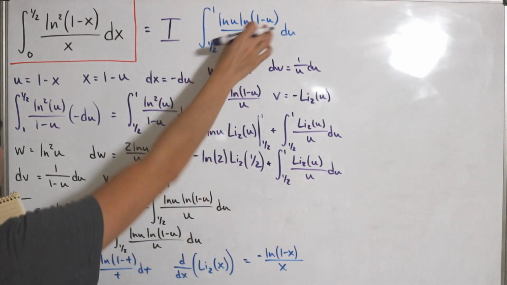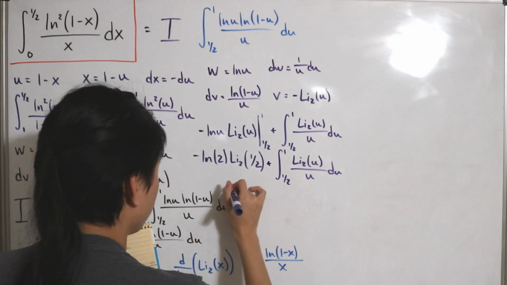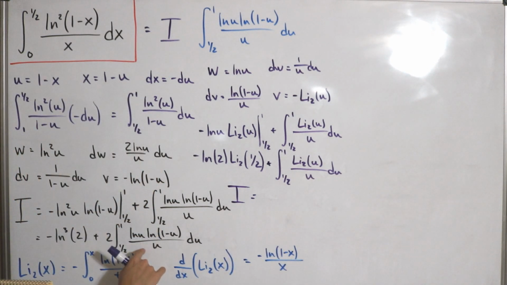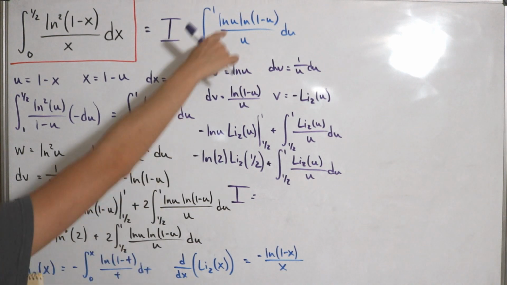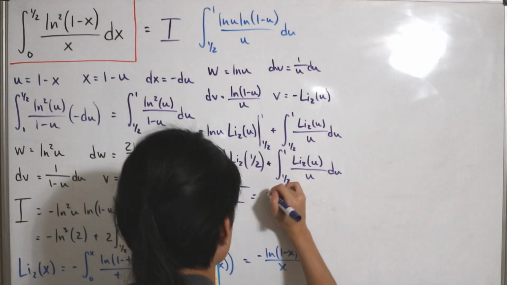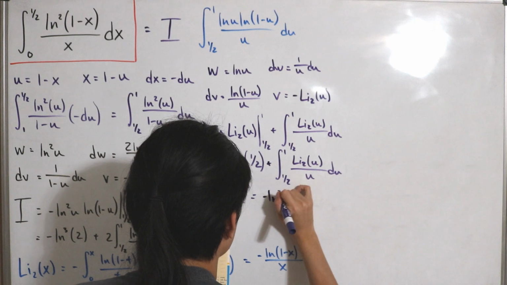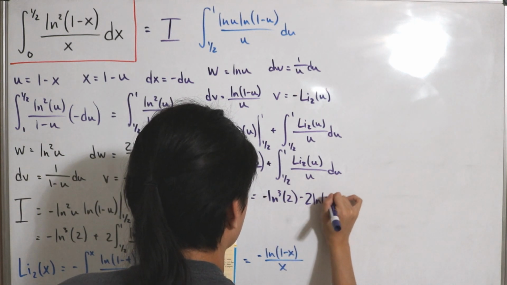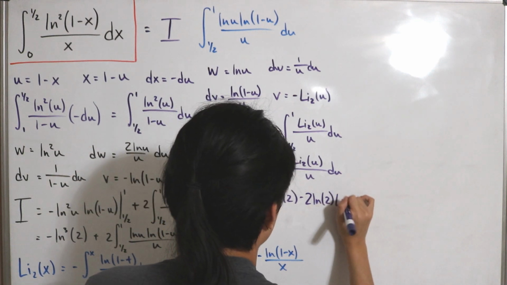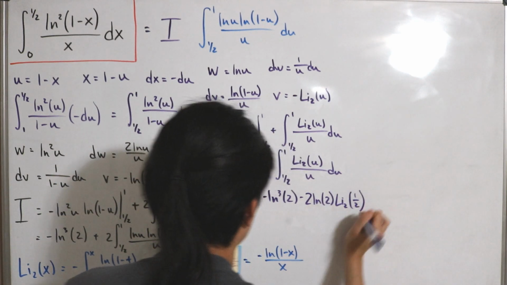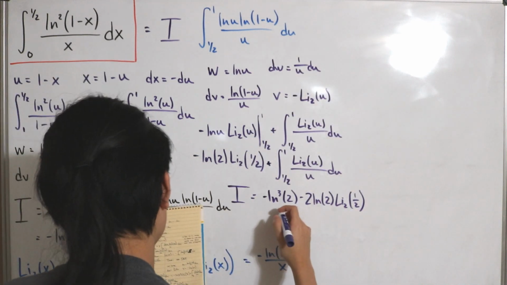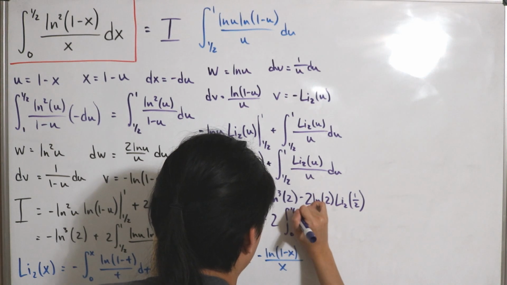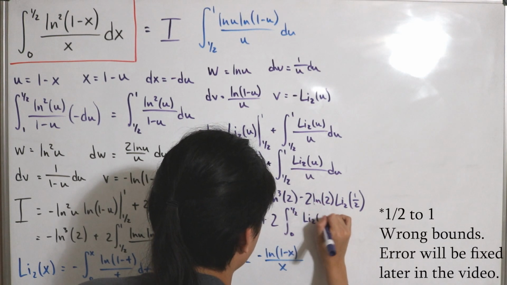So now that means that with this integral calculated, we can actually write a new simplified form of I. We just have to substitute the evaluated integral for here. So applying this, I'll have negative ln cubed of 2 minus 2 ln of 2 times the dilogarithm at 1/2. I'm going to write the next line just to utilize some room later. And then add this with 2 times the integral from 0 to 1/2 of the dilogarithm at u and then